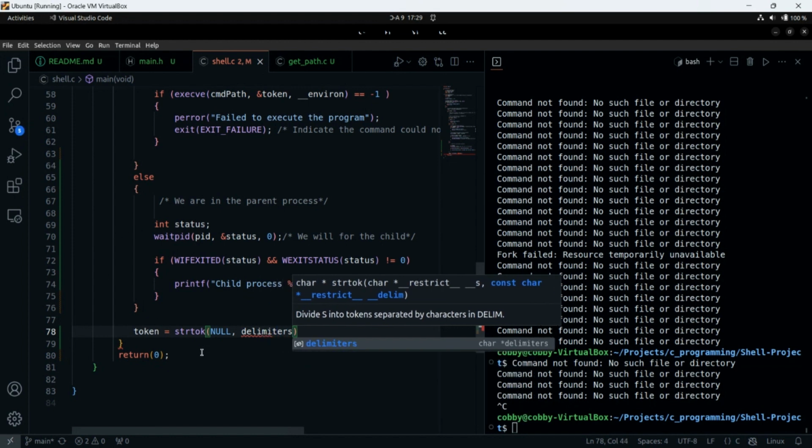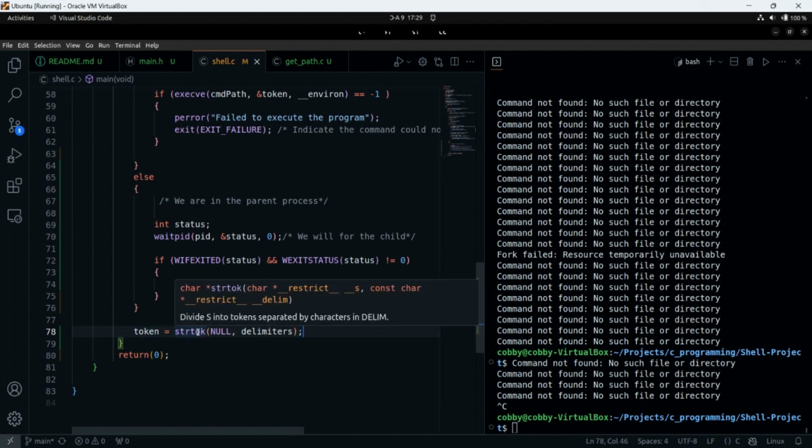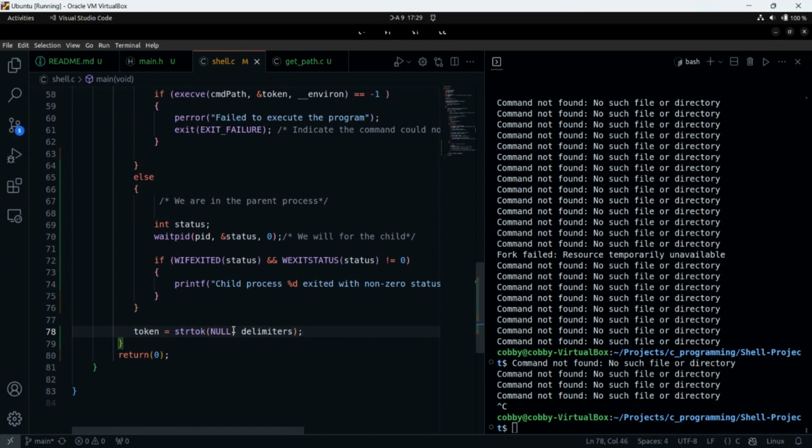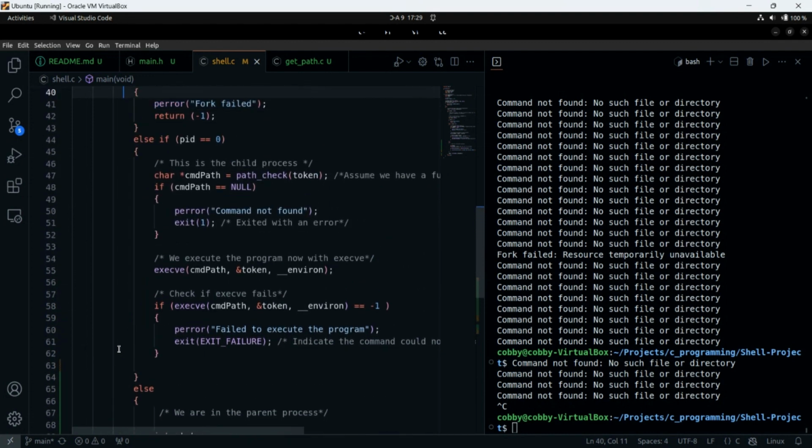So if you are following, you know why we have this here, because I explained that we want to move on to the next input that the user sends. This is to indicate that there is a guide I'm missing here, or everything is okay and we are good to go.